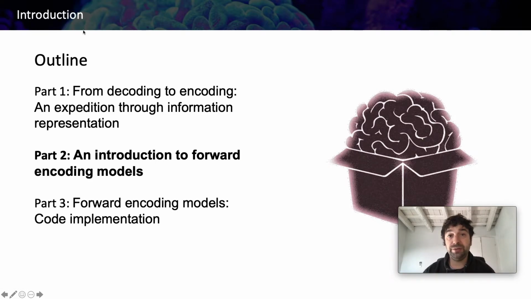In the previous section, we were understanding how the brain encodes information, and we noticed that information can be encoded in the form of patterns, but also in the form of activity profiles. We understood that depending on the technique that we use, we can be closer to the information representations, or we can be closer to neural activity. Now, in the second part of the course, what we will do is to understand how the encoding models work, and we will see different examples of how they can be used.